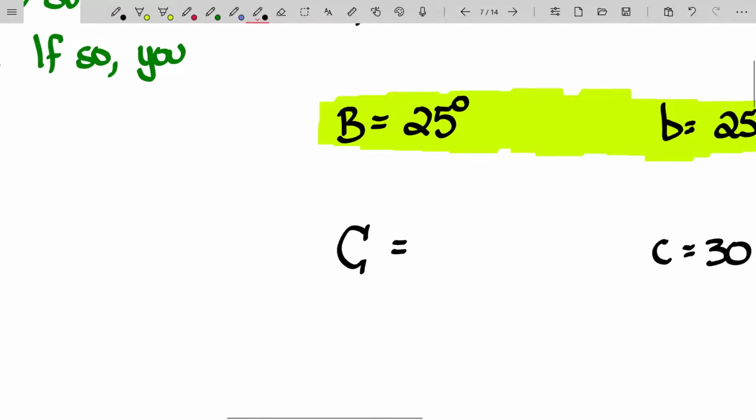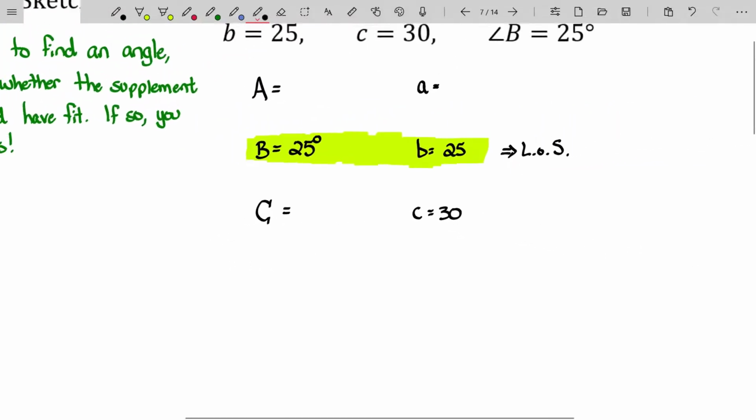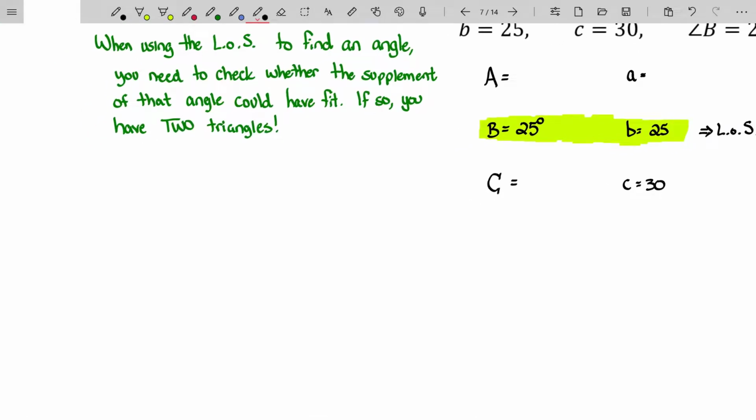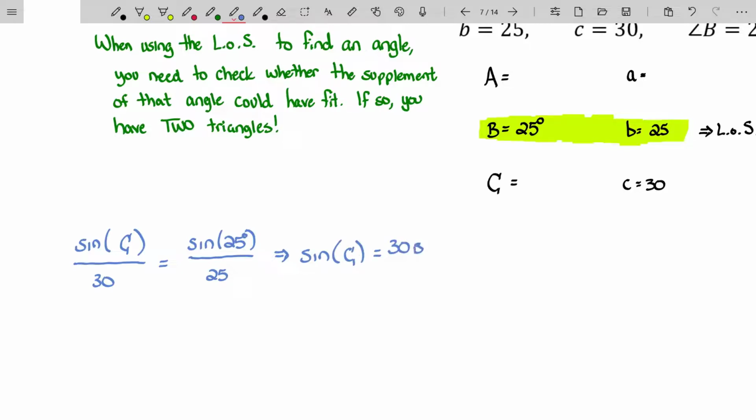All right, do what we were doing before, and I'll just do it off to the side here in blue. So I know that angle C, the sine of angle C is to its opposite side of 30, just as the sine of angle B, which is 25 degrees, is to its opposite side, 25. Multiplying both sides by 30, I get that the sine of angle C is equal to 30 times sine of 25 degrees